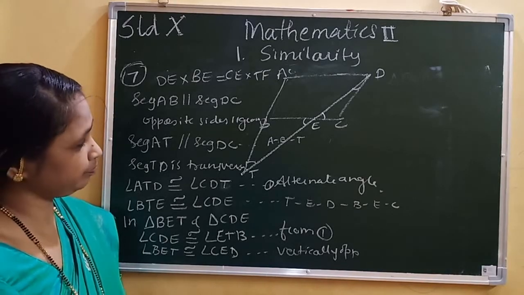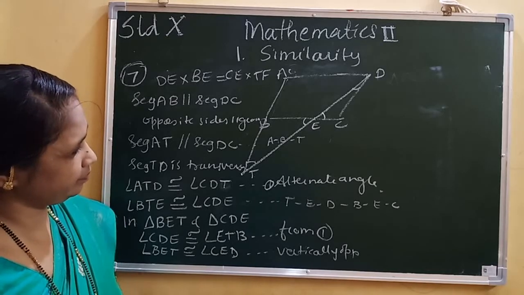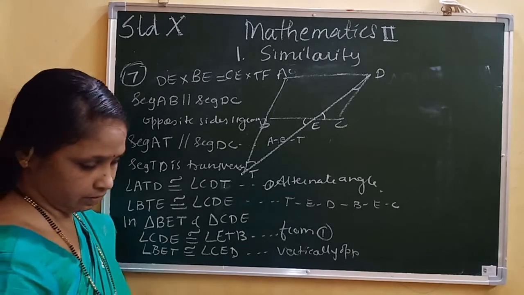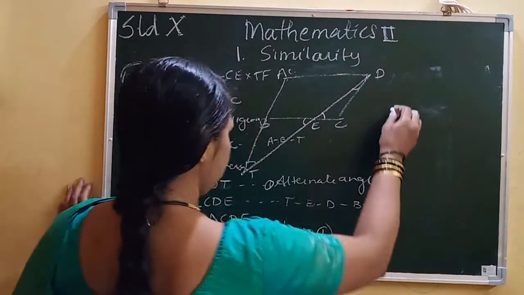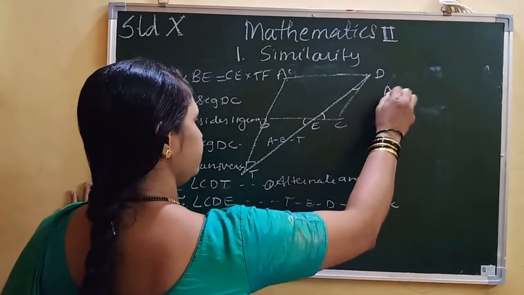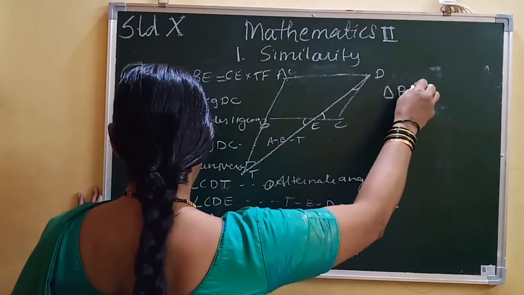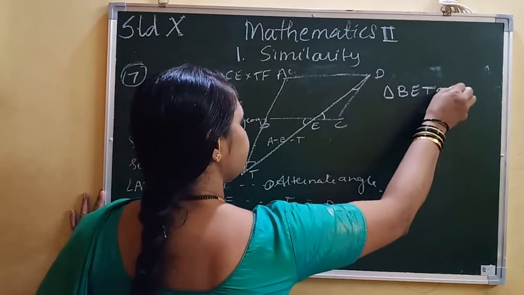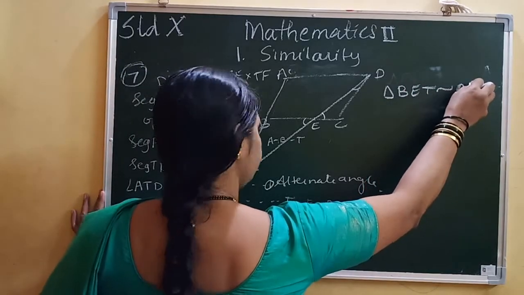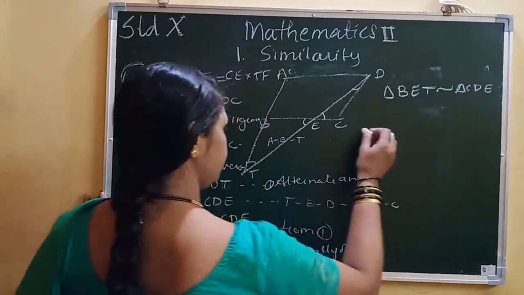So, triangle BET is similar to triangle CDE, therefore